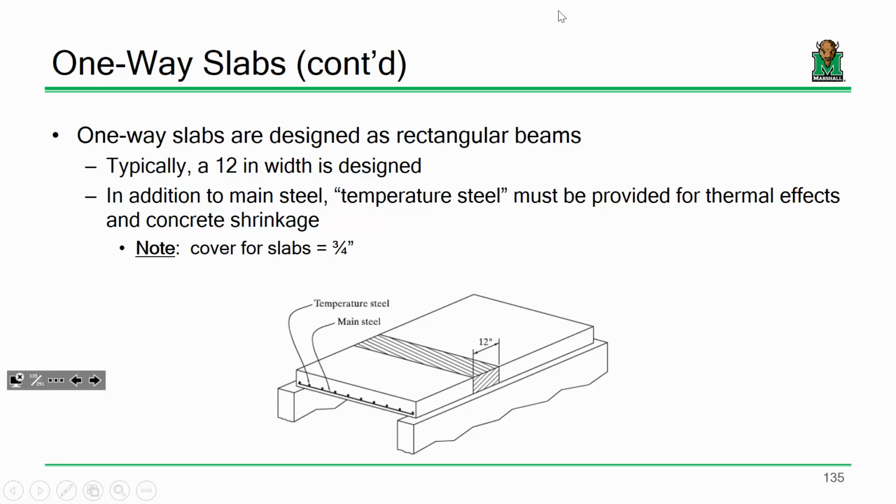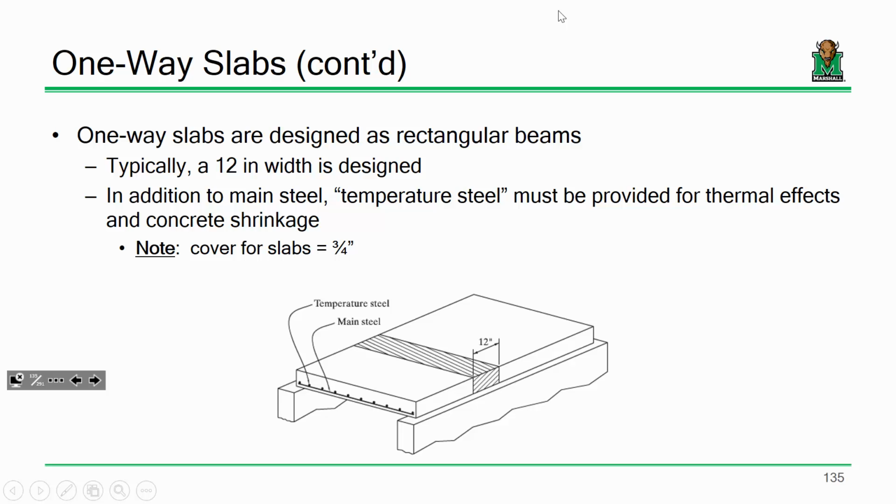That's it. For slabs, the cover requirement is not 1.5 inches, it's 3/4, because you've got more reinforcement spread out over a larger area, so you don't need as much cover. In the end, it's pretty straightforward. The only thing that I guess is a little more unique to slabs than it is to beams is because